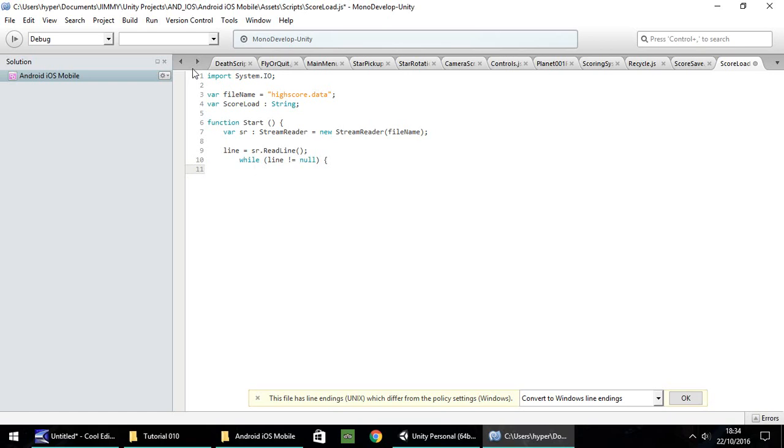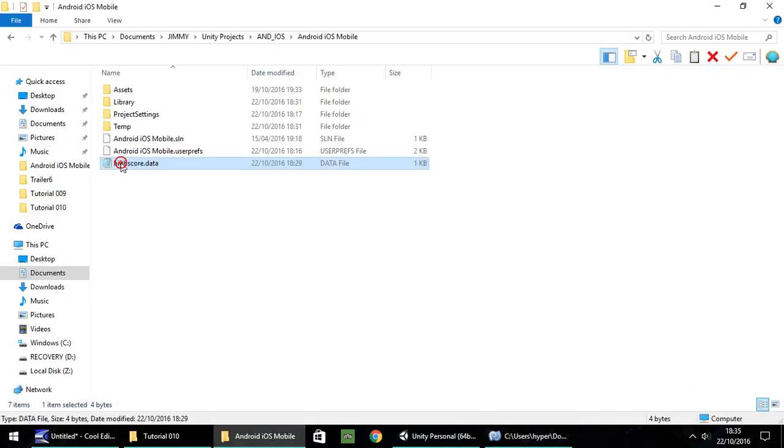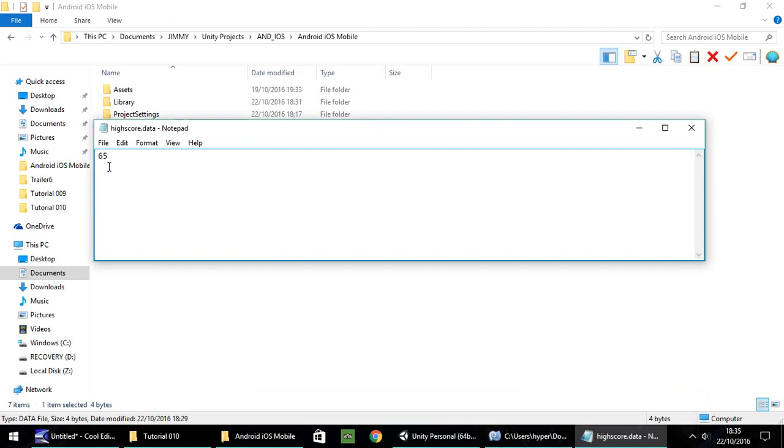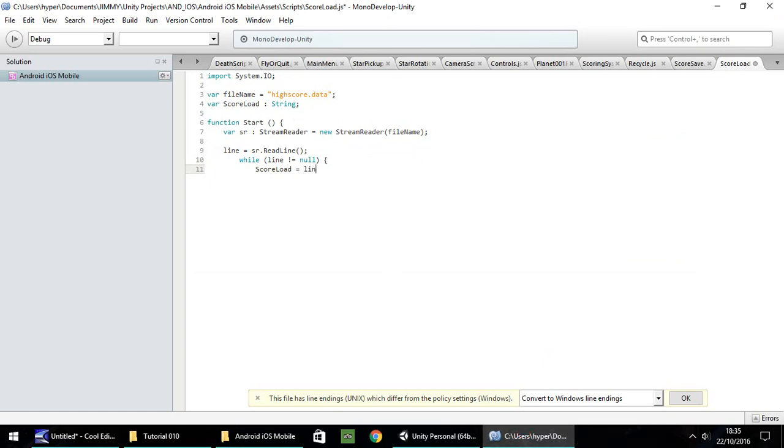So we're going to do score load, and score load has to be equal to the line. In this case, it's whatever is saved as line number 1. So this first time we execute this while loop, it will have this here inserted into it. So equals line semicolon, and then line equals SR dot read line, open close bracket, semicolon,